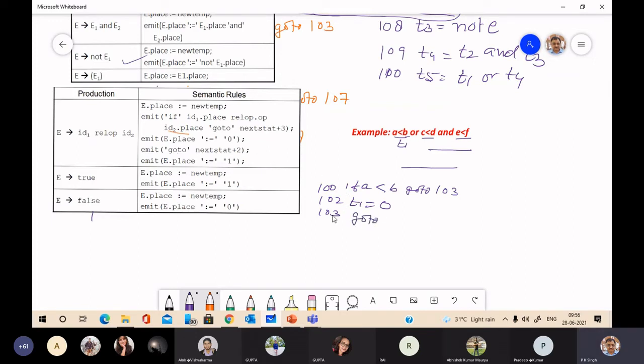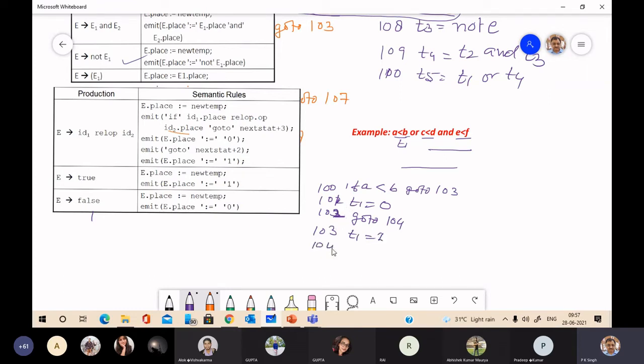Next state is 103 plus 2, that is 105. Sorry, this is 1, this is 2, so 104. Now at 103, it will write E place, that is T1, equal to 1.